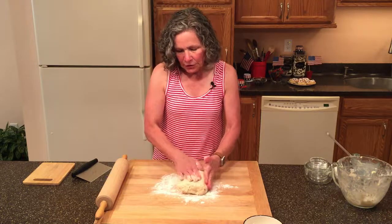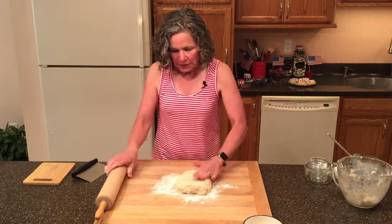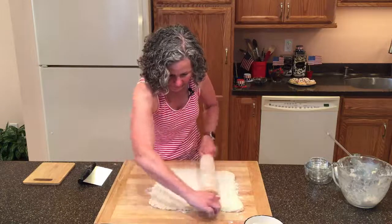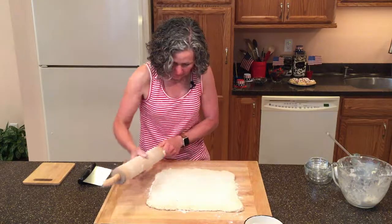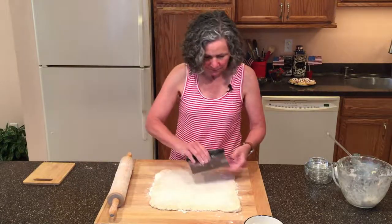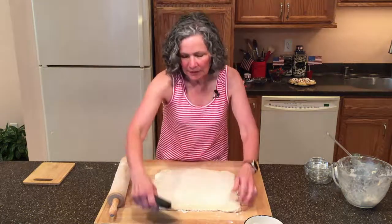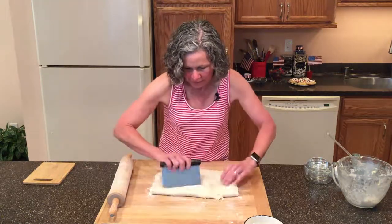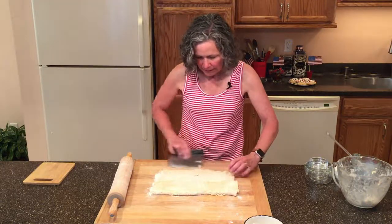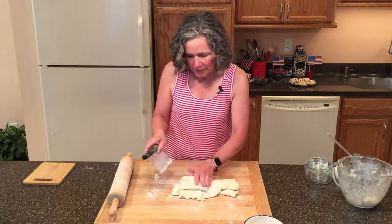Okay, so now we're going to leave a little bit of the scone making world and go into a little bit of the croissant making world. So I'm going to roll this out into a 12-inch square. Okay, let's see how we're doing. Perfect. So now what I'm going to do is fold this into thirds, and we're going to add some layers into our scones by folding that into thirds. I'm going to fold in thirds the other direction